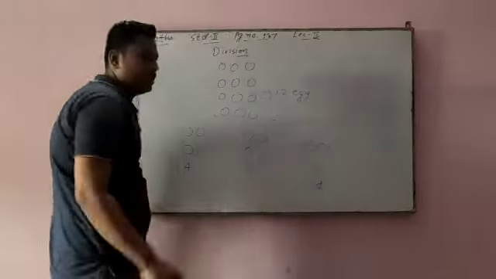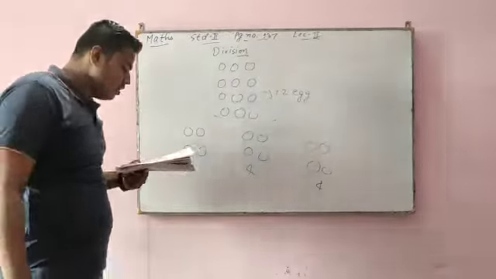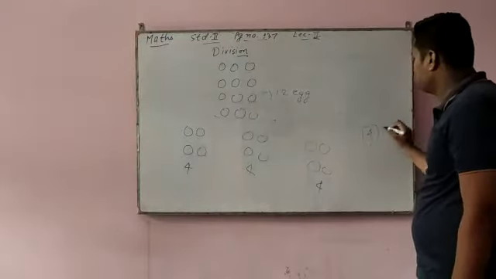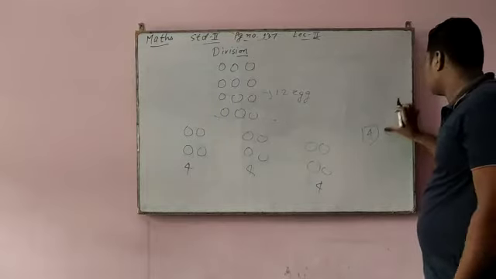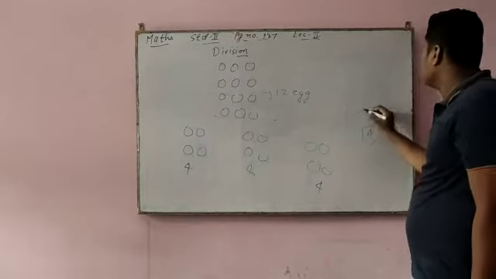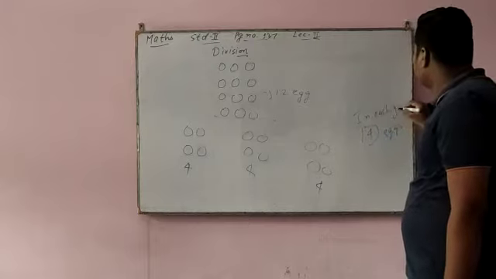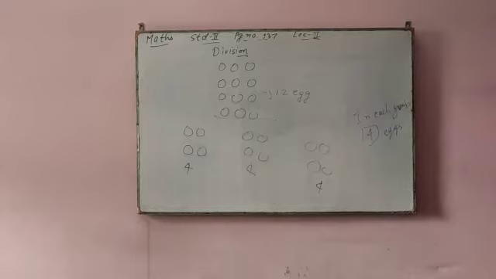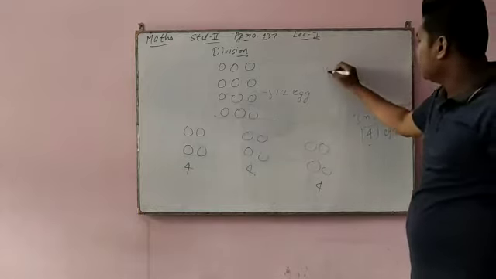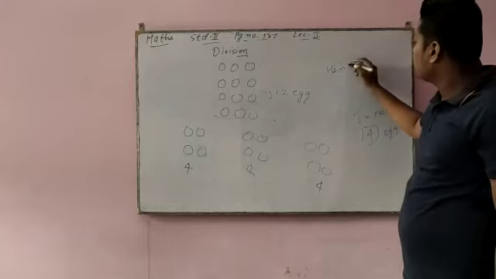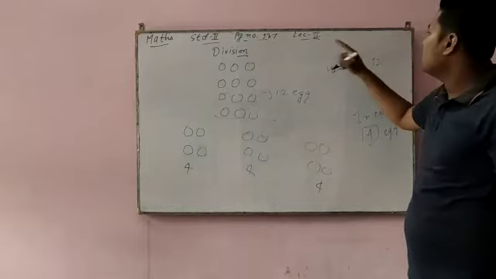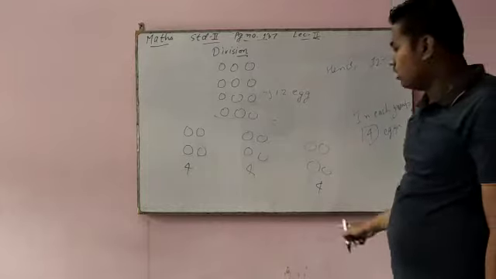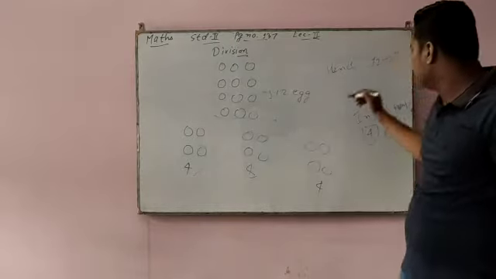Okay, and this is divided into equal parts. So how many cups are there in each group? See, in each group how many cups are there? 4 cups, 4 eggs. So in each group, how many eggs are there? 4 eggs. So hence, total number of eggs is what? 12. So write 12, divide is there. So this is the divide sign. How many eggs are in each group? So there are 4 eggs in each group.